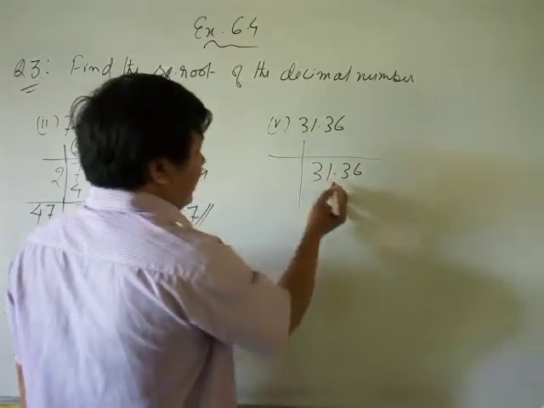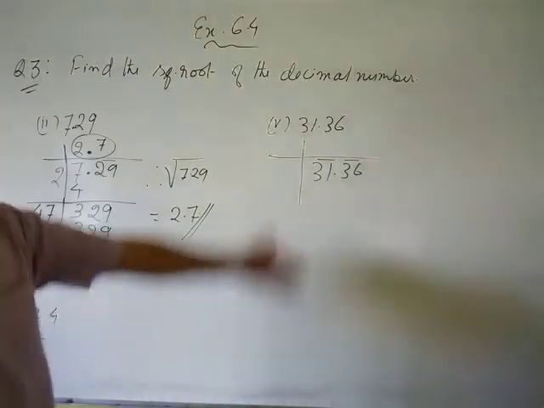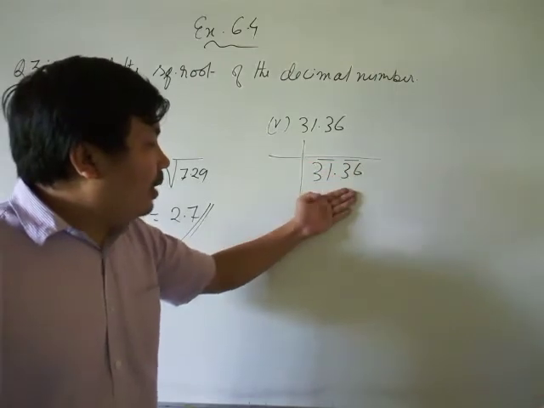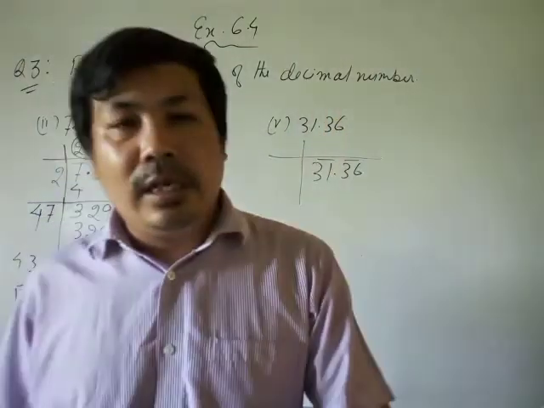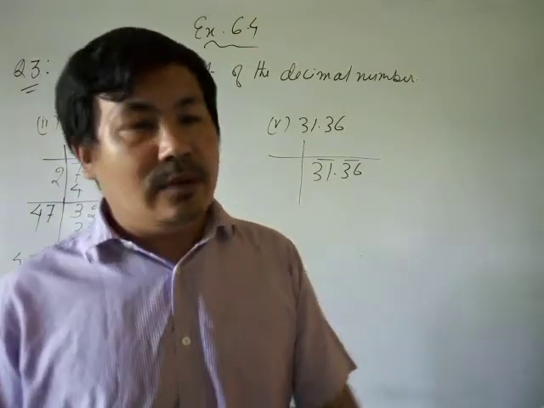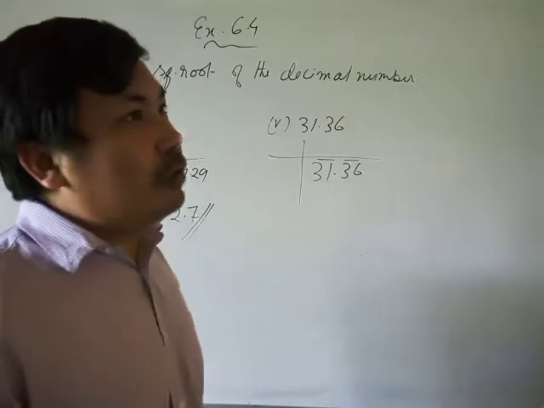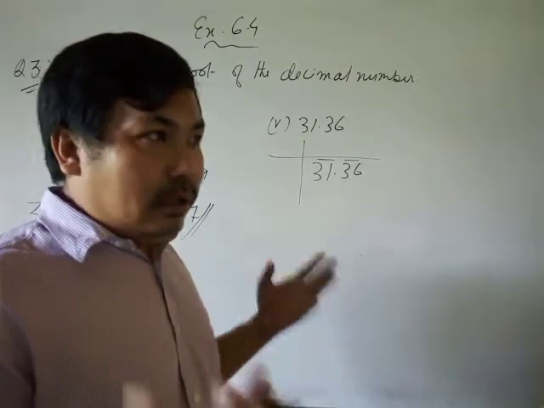3136. Then we group 2 2. But the decimal number also will group 2 2. So 2 2 we are pairing here and first here we get 31. 31 we have to select which square number is near with 31. That is 5 or 6. 5 5s are 25. 6 6s are 36. 36 we cannot take. We can take